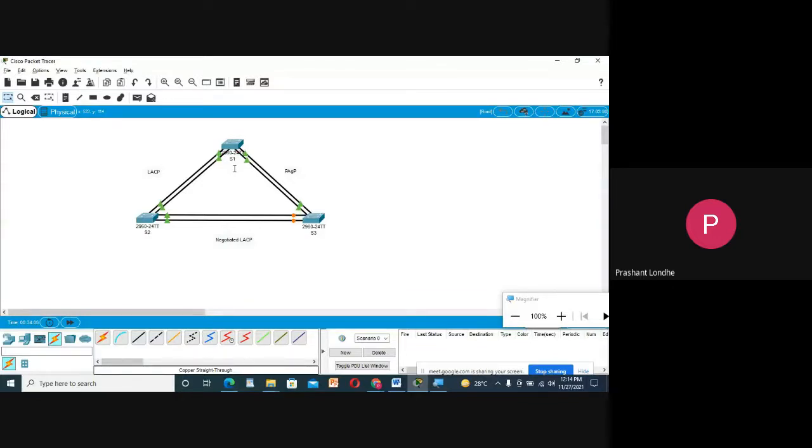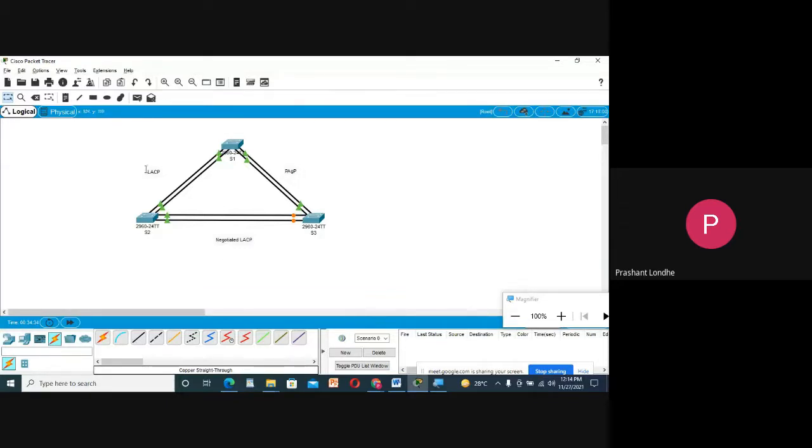And for S2 and S3, we will use FastEthernet 23 and 24. You need to create the non-negotiated protocol over here. Now we need to convert the non-negotiated protocol to PAgP from S1 to S3, so we will create a channel with mode desirable. Whenever you create a channel with mode desirable, it will be converted into the PAgP protocol.